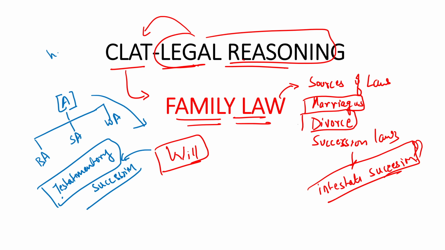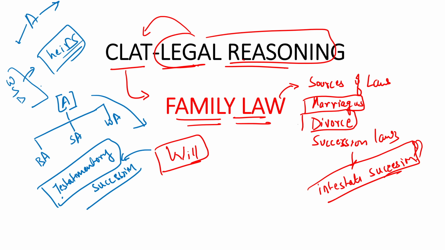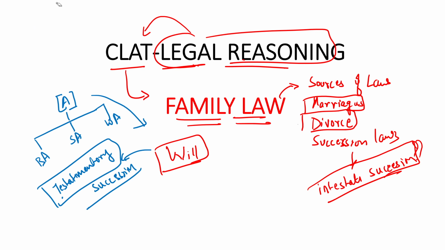What does heirs mean? Heirs means the persons after A, if he has a wife, a son, and a brother, and nobody else, all these 3 will be called heirs. Heirs who are going to inherit the property of a person after his demise, after his death, are known as heirs. Okay, so all these terminologies we'll be studying, but just for an overview I'm telling you. So all these things are going to be governed through succession.